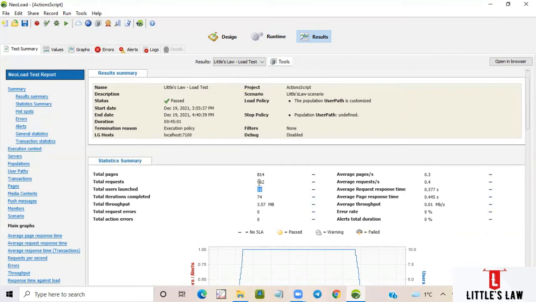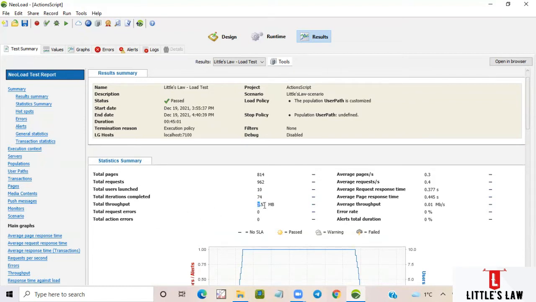There are some scenarios where you will be adding users in the middle of the test to do stress or spike testing. When you're doing that, there will be a difference in the number of users from the start of the test. And then we have this total iterations completed. Based on the duration, we can see how many iterations have been completed in the actions container. This is the iteration of the actions container that is executed for each virtual user. Here I'm running with only one script, so you can see the total number of iterations that we have completed here.